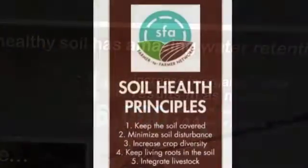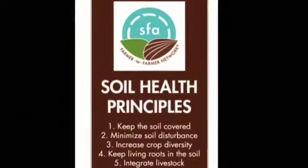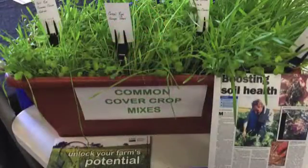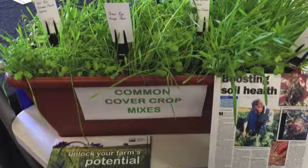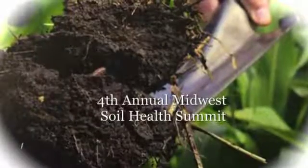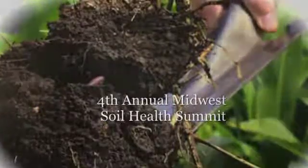So with this in mind, I made a decision right away that I was going to make a change. And I made a change that looks like this. Instead of seeding a cover crop that I planned on using that fall, I instead seeded a cover crop that really wasn't going to give me anything to graze, but that in a relay-type cropping system, I could get a hay crop the next spring that I could cut by the middle of June. Okay? So by mid-June, I was able to take off a triticale hairy vetch crop,